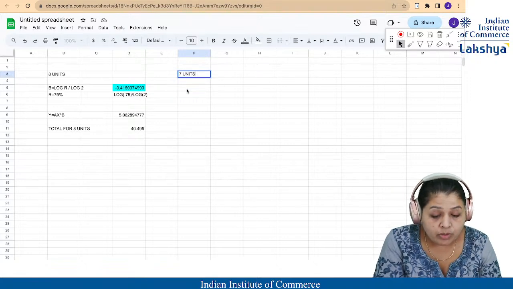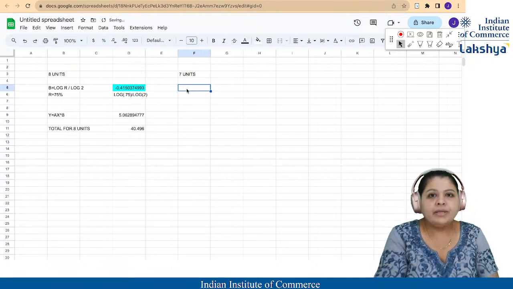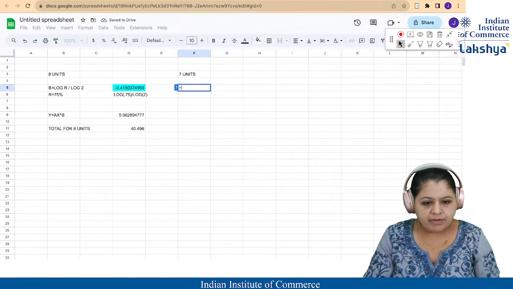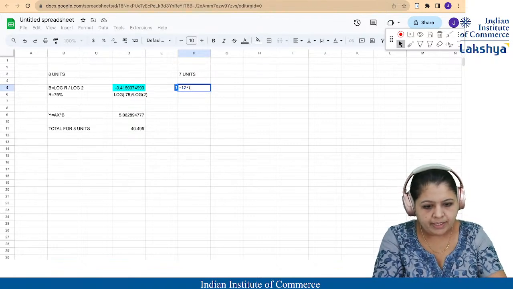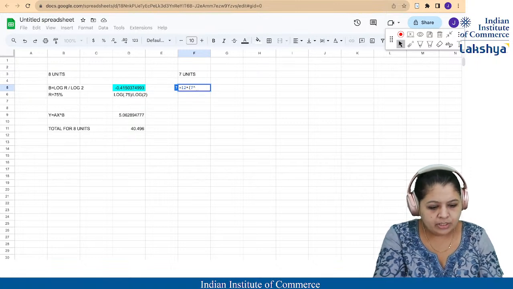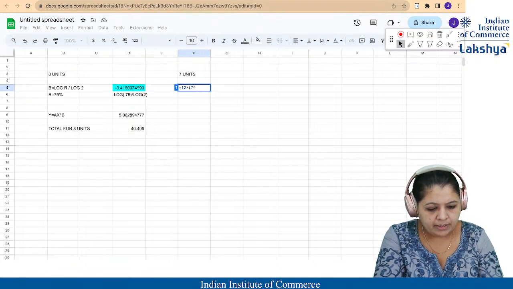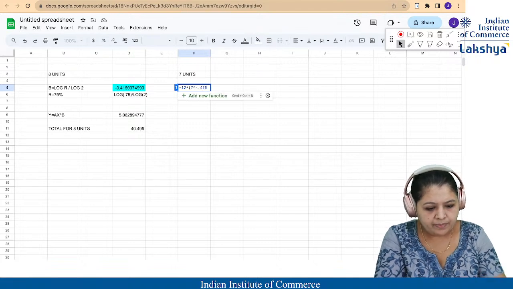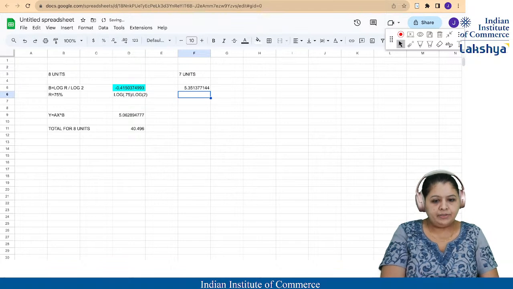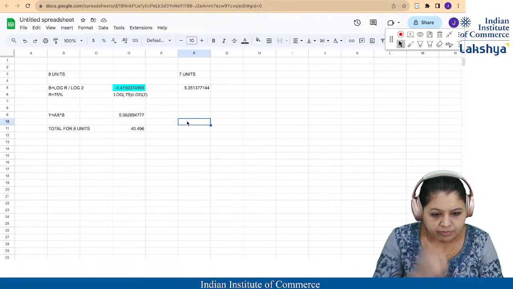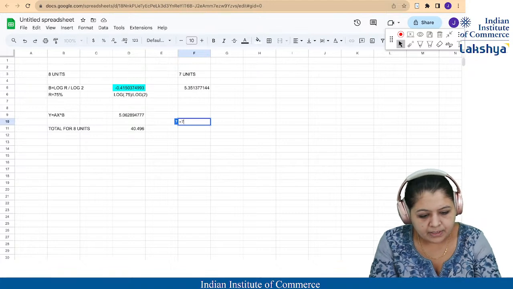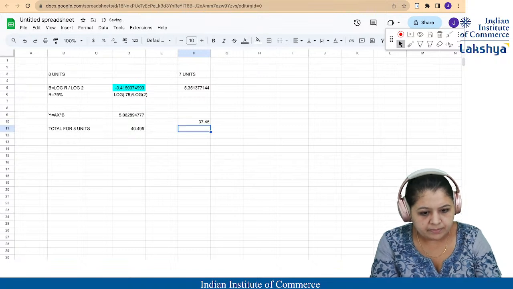Notice I'm going to take more time to do this because I want you to get it correct, right? So here we are going to do it for 7 units. So 12 multiplied by, open your bracket, 7 with your exponential and minus 0.415, close your bracket and press enter, right? For the 7 units, I want to find out the total for 7 units, which is going to be equal to 7 multiplied by 5.35,